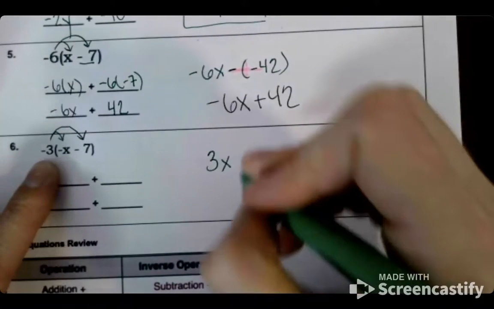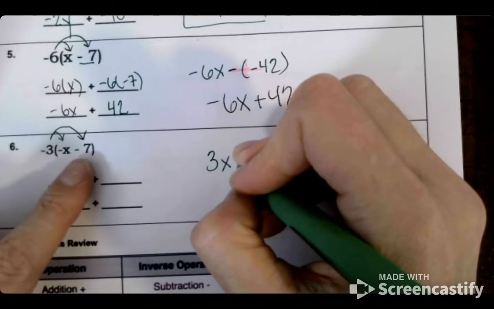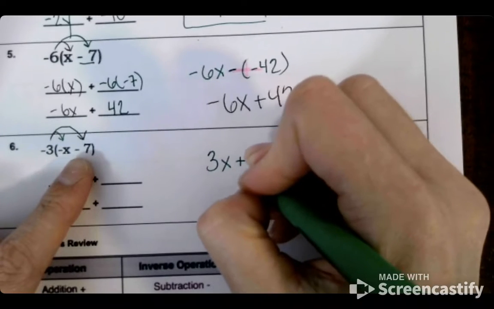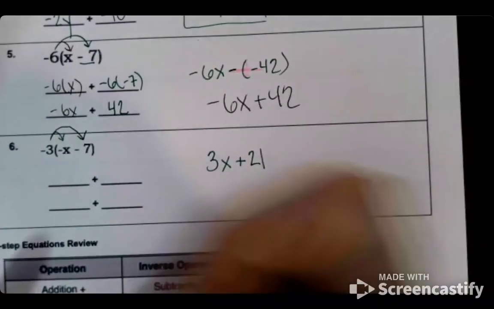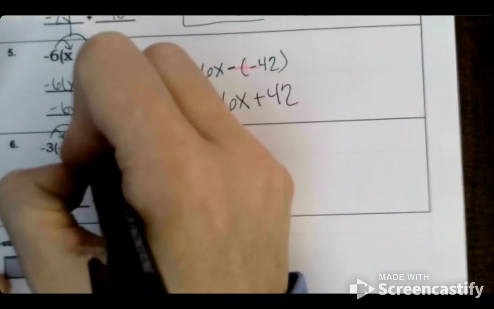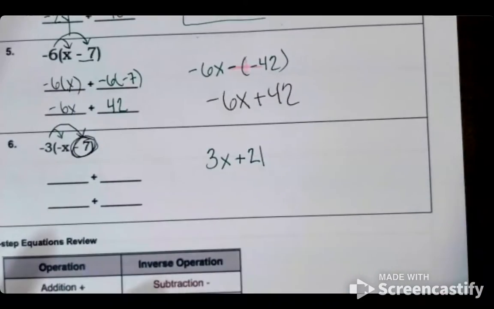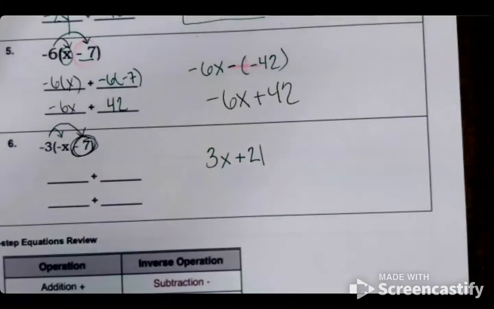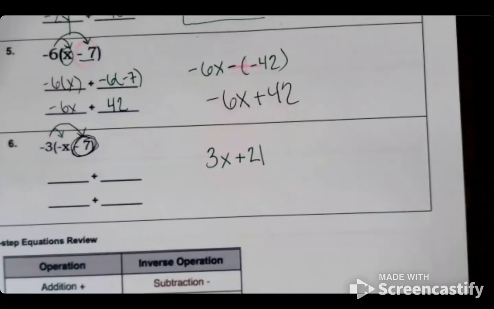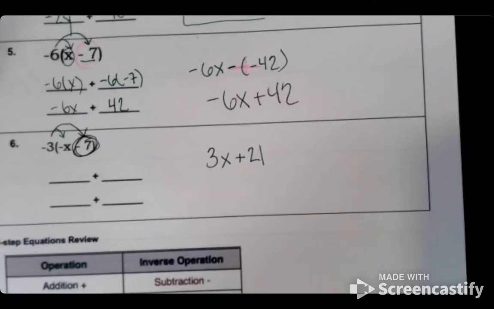And then this would be -3 times -7, which is a +21. So you should have had 3x plus 21. If you're confused how I'm getting that, the sign on the 7 is a negative. If you're the person that maybe you need to say, okay, this is one thing and this is one thing, you do what makes sense in your brain. You got this,